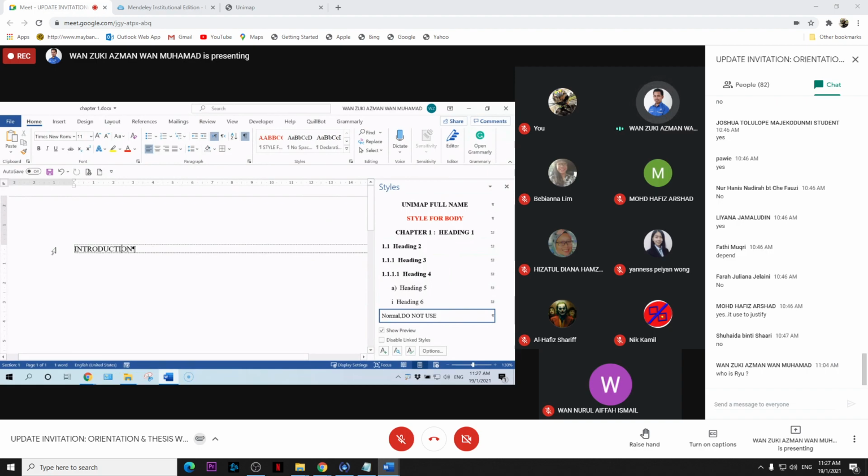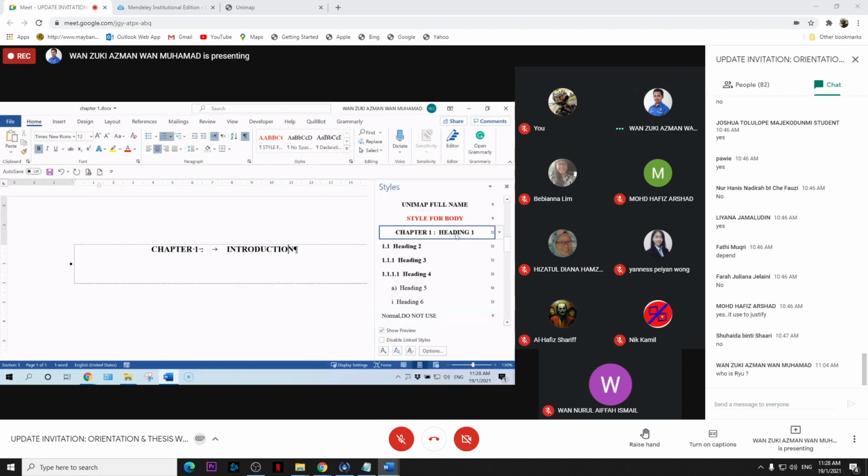You just put your cursor anywhere at this paragraph, no need to highlight, and then you select this style. Automatically the chapter 1 will appear, in bold and centered. This is controlled by this style. I repeat again: I clear the format, put my cursor here, and select heading 1.